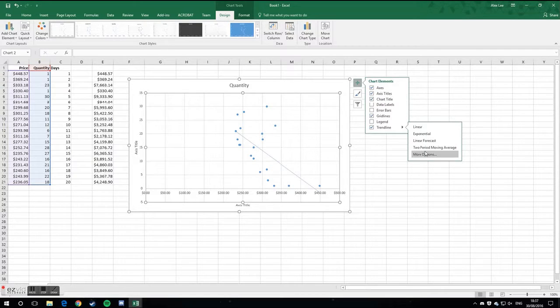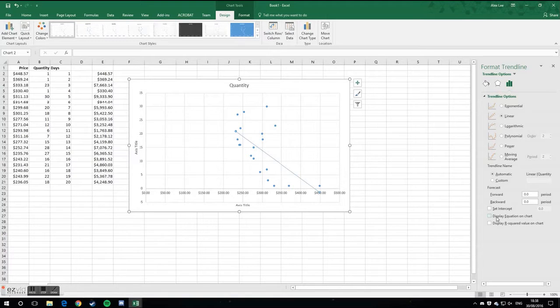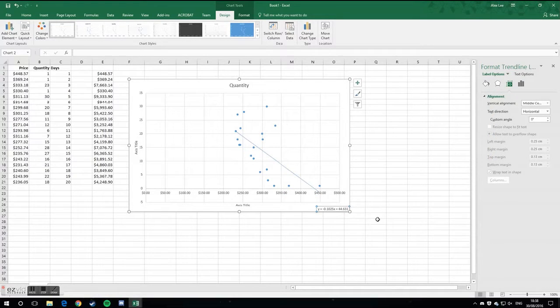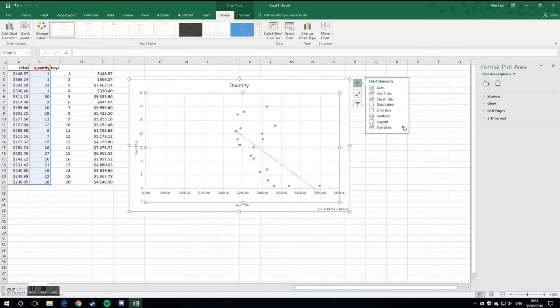And then if you go to more options as well, this is where you can add in the equation, which has put itself uncomfortably back there. Just drag it to the bottom right. And it gives you the equation of the line, so you can use that, just replace x with whatever value you want for interpolation or extrapolation as you need it. If we go back to that one,